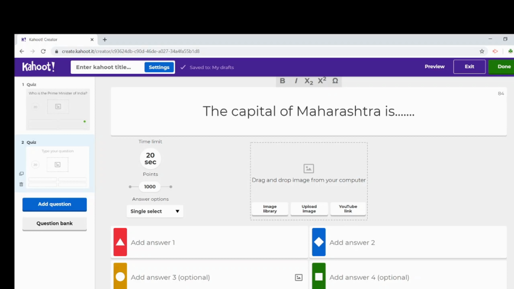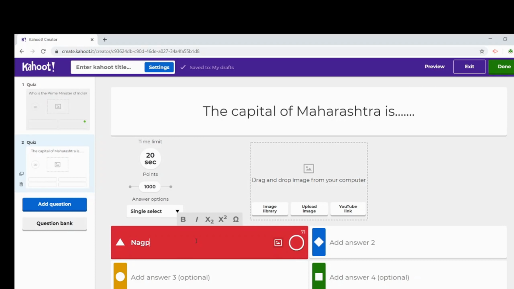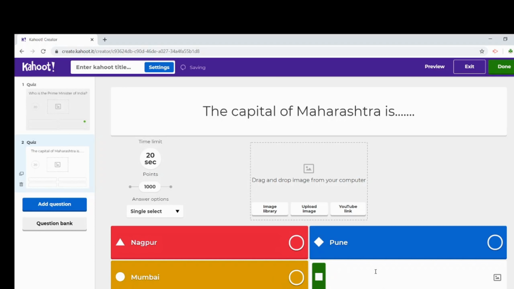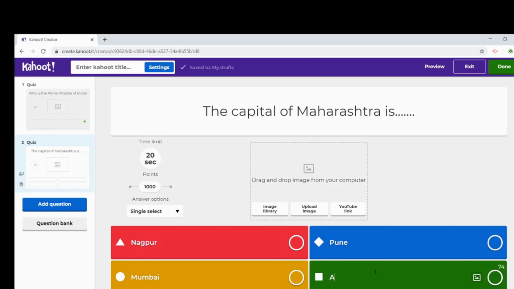Then again add. And fourth is, suppose, Amaravati. The correct answer is Mumbai, and click here.